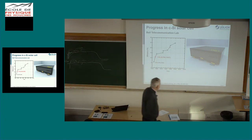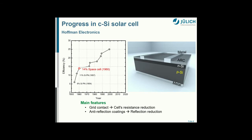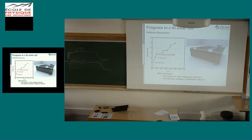They sent the satellites to space, and then we're thinking about further improvements, and that's the typical space cell. And you see now the contacts are on both sides. The starting point is a p-type silicon, and you make the n-type junction by diffusion. You have the metal grid. And already there, people cared about getting the light into the device by adding an anti-reflective coating to